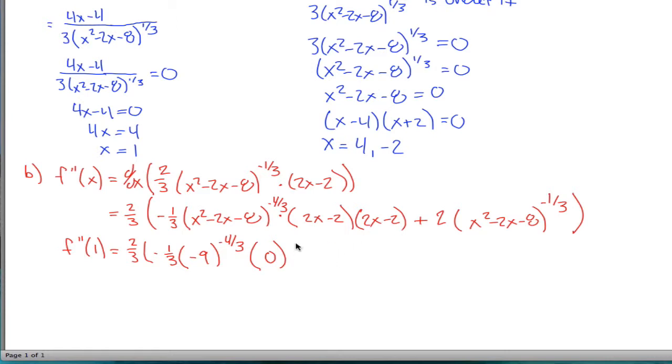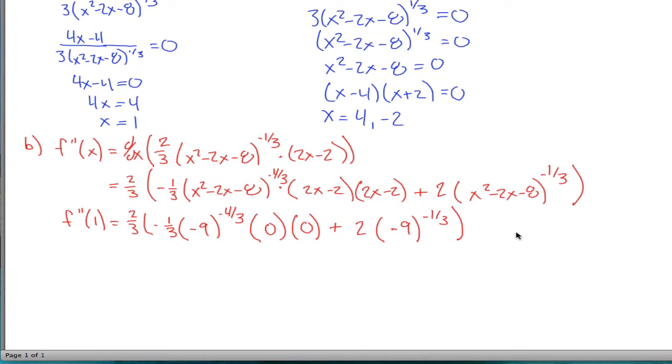Good. And this one's 0 also, plus 2 times, if I stick in a 1 here, I get 1 minus 2 minus 8. I could probably do that all in one step. 1 minus 2 minus 8 is negative 9 to the negative 1/3 power. When the dust settles, you got 2/3 times, this is all 0, plus, I guess, okay, I'll leave it, I'll do that in the next step, plus 2 times negative 9 to the negative 1/3